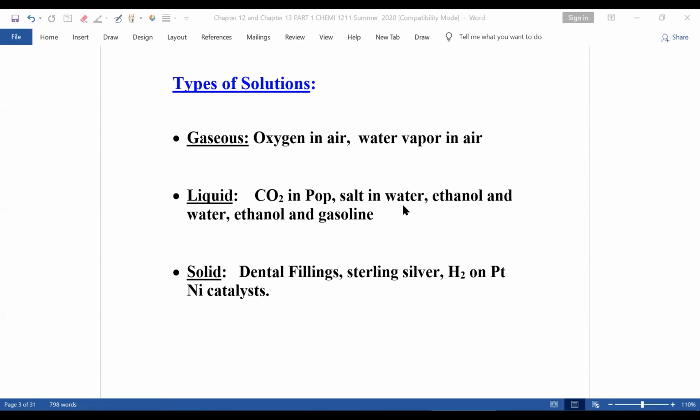You can have salt and water, I talked about. Now, pop, I should mention, Dr. White is from the Chicagoland area. I was born and raised here. The only time I didn't live here is when I went to grad school in Michigan, at Michigan State. Go green, go white.